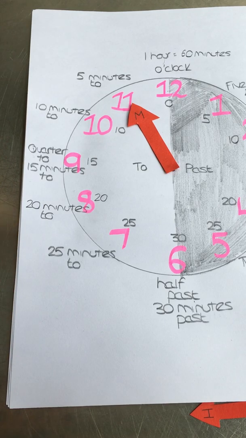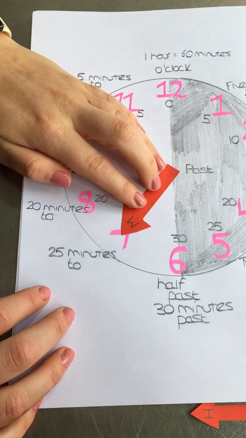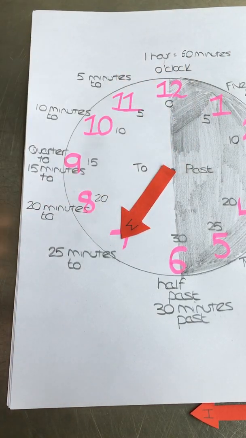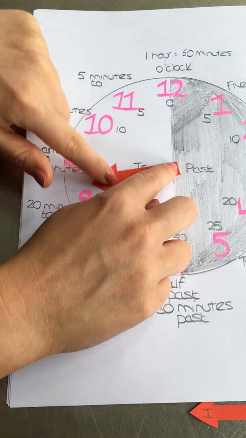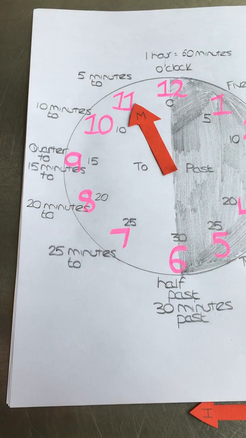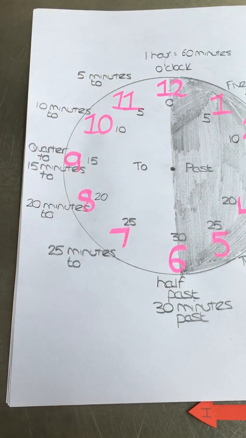So if I said 25 minutes to, you know the minute hand needs to be at the 7. 20 minutes to, it needs to be at the 8. Okay, 5 minutes to, it needs to be on the 11. Okay, so now let's go for adding in the hour hand here. So let's say the time is